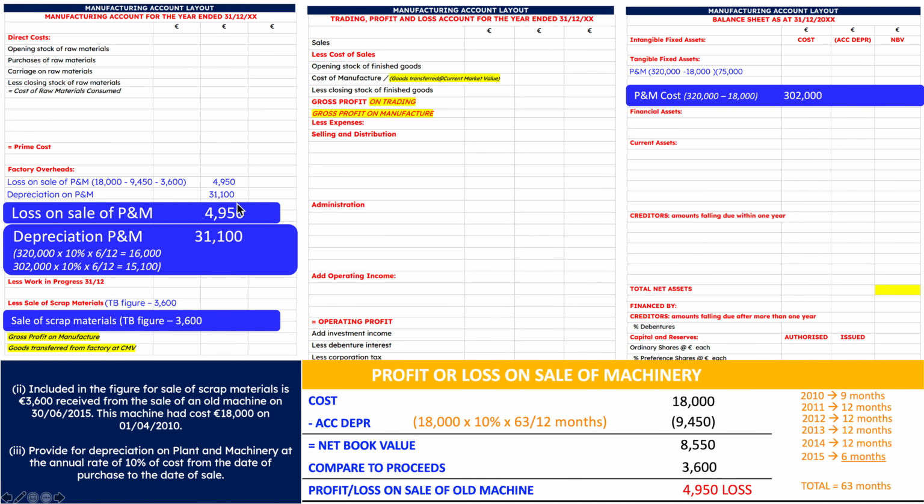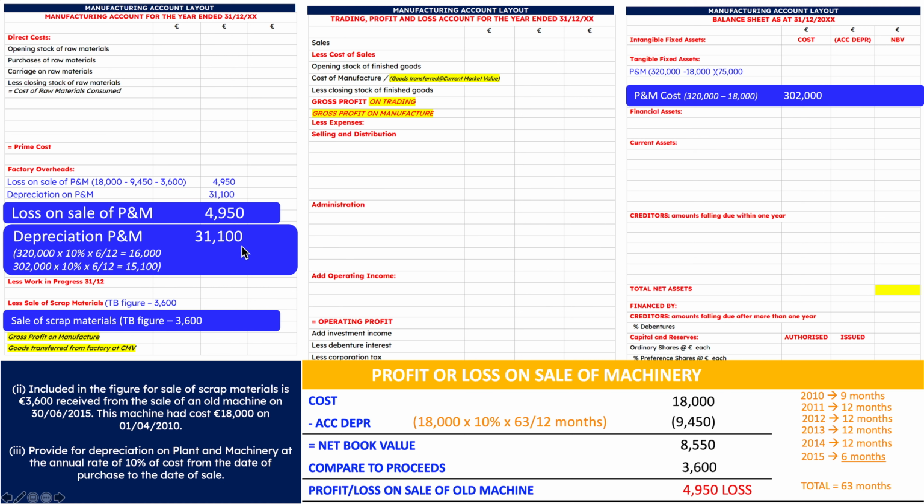Then we'll work out the depreciation for the year, and we worked it out to be 31,100. So how do we do that? Well, it's provide for depreciation, annual rate 10% cost from the date of purchase to the date of sale. Okay, so for the first 6 months of the year, we had 320,000 euro worth of plant and machinery. So 320 by 10% by 6 over 12 is 16,000 euro. Then after we sold the 18,000 worth of machinery, the cost was 302,000 by 10% by 6 over 12 is